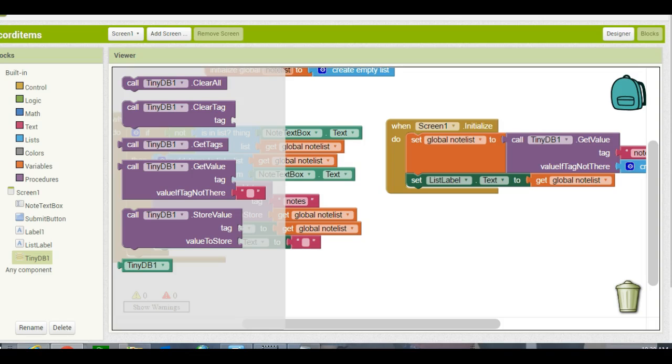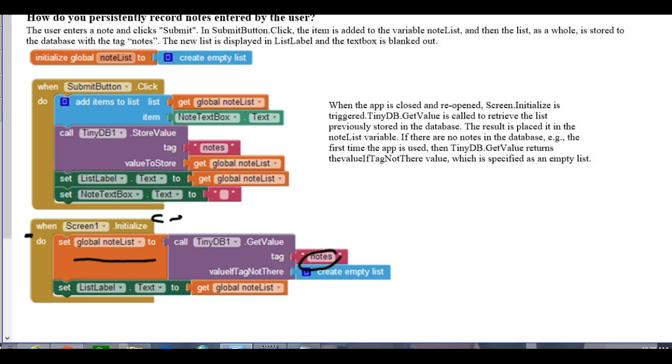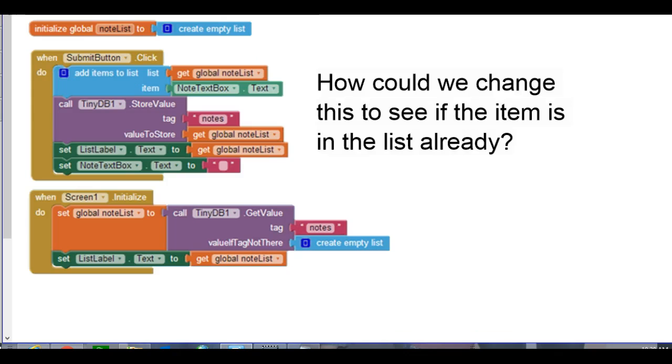You can actually have more than one field and have different types of fields all within the same database. Maybe you have a field that's all the names. Maybe you have a field that's all the addresses. You could have one database do multiple different types of things and store multiple pieces of information. If we want to see if there's an item already in the list,